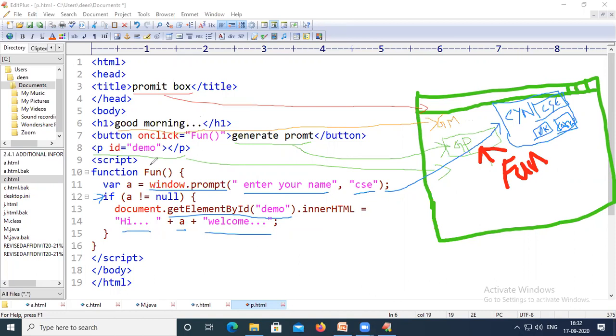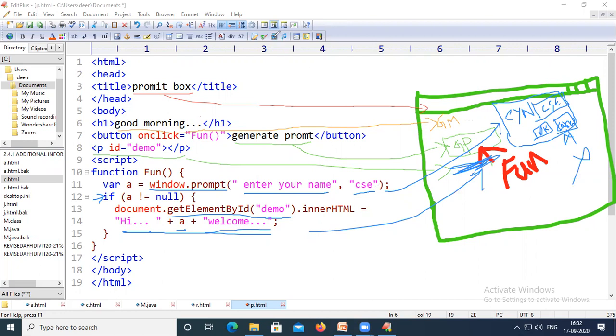Here, the element with the name demo is an empty paragraph. That means this entire thing will be displayed in this particular place. The value which is given will be assigned to A, that is hi CSE, welcome. And if you click on cancel, nothing will be displayed.